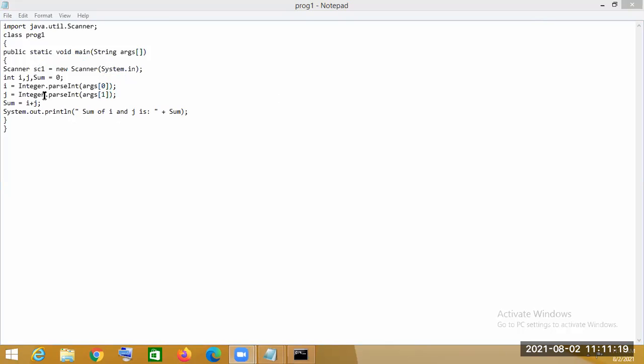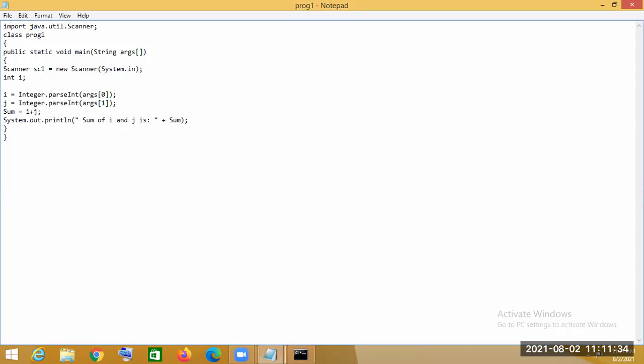So this is the way. Then let's say we use an integer value i, and a string value. So string s. We are taking these two: one is an integer value and another is a string value.